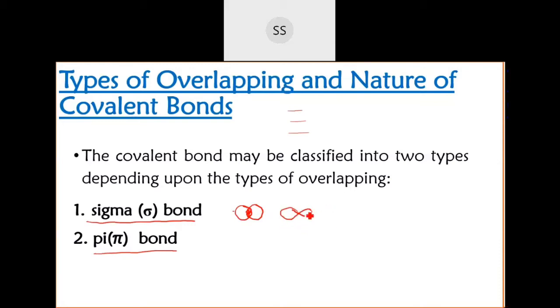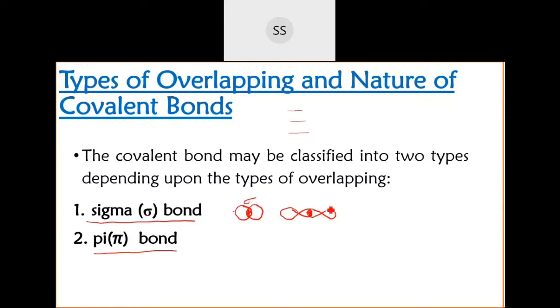So if I have one p orbital and another p orbital, if I bring them on the same axis, then they can fuse together and this bond will be called a sigma bond, end to end overlapping. If the overlapping happens along the internuclear axis, it can be the x-axis, y-axis or z-axis. If you are getting them on the axis, like how we combine two hands together, in one axis the combination takes place. If the bond is formed like that, that type of bond is called a sigma bond.